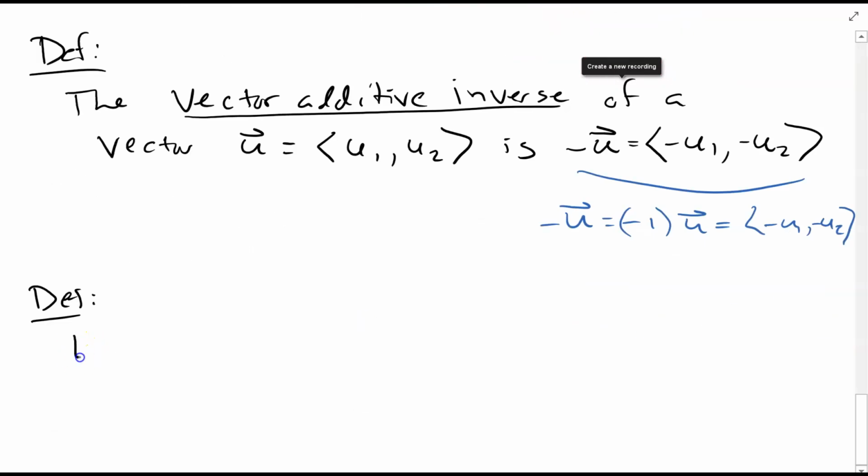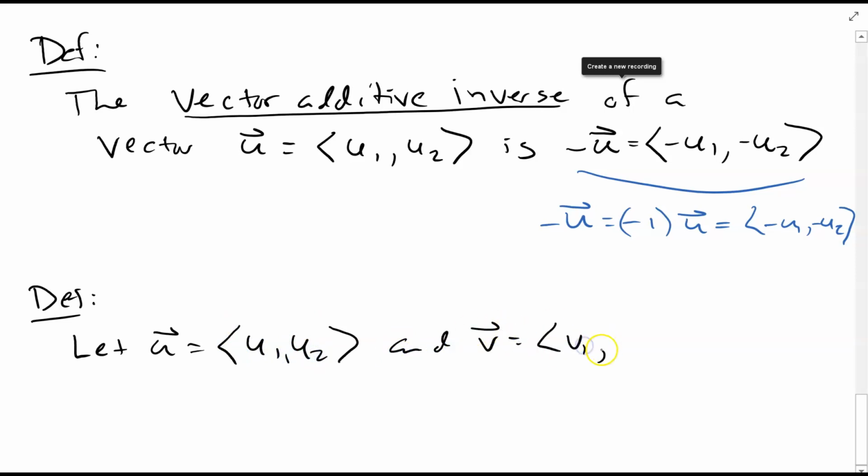Okay. So if we let u be the vector u1, u2, and v be the vector v1, v2, the difference